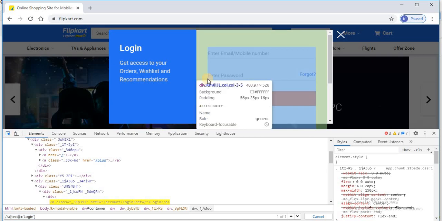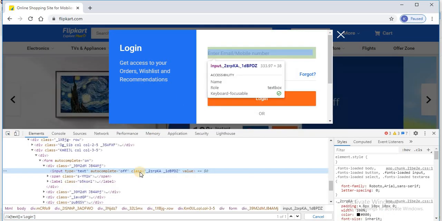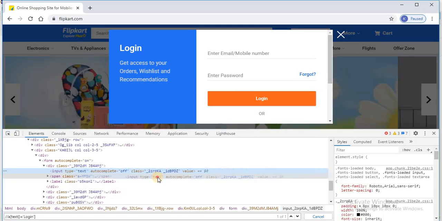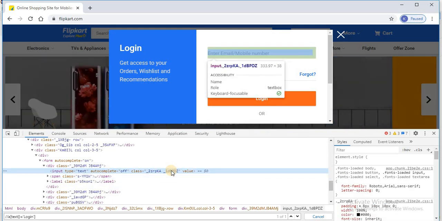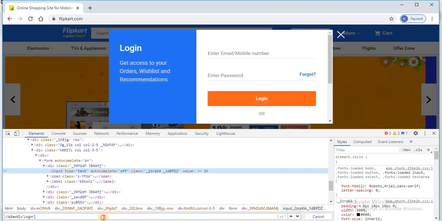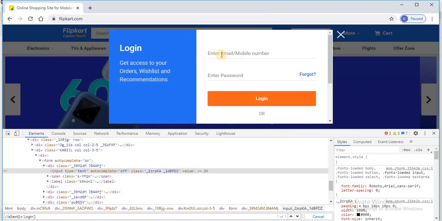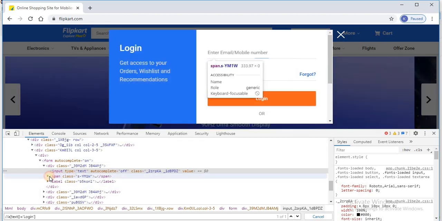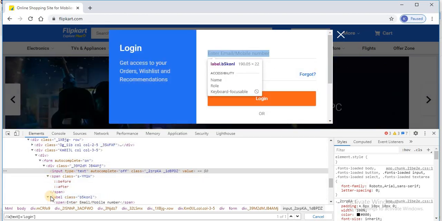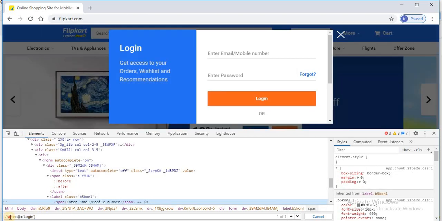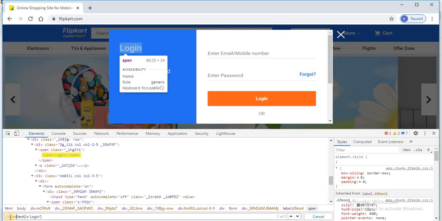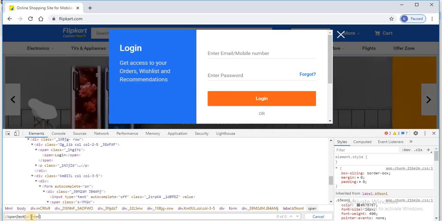After clicking on the login page, we have mobile number and password. So let's add the elements also. Let me show how to create the XPath for this. There is no ID, no name. So again, here we have a unique thing, that is Enter Email/Mobile number. So we'll find out where it is. Inside the label it is there. It has the span tag. So first let me search that text, Enter Email